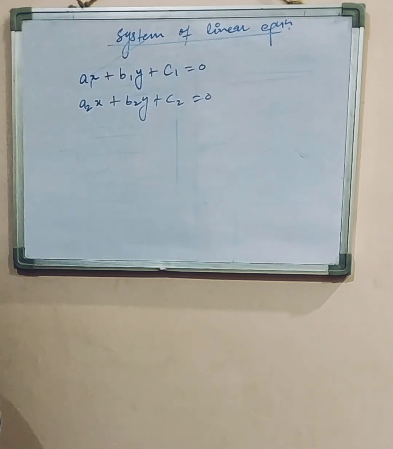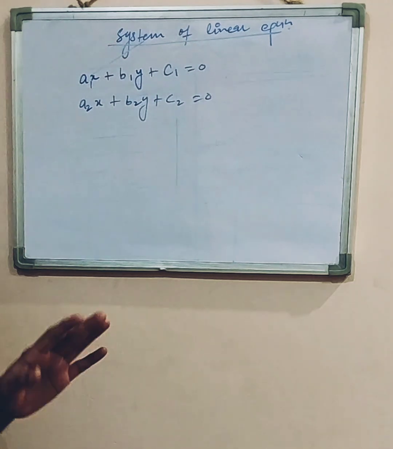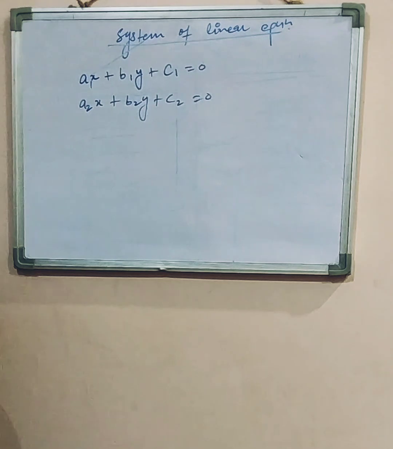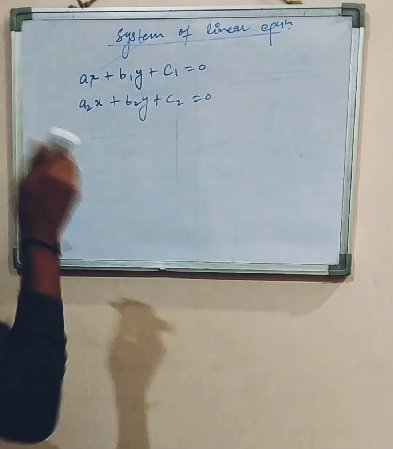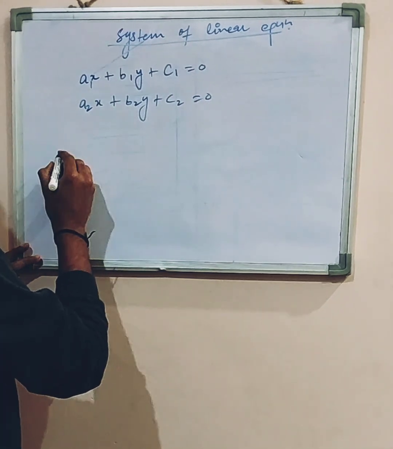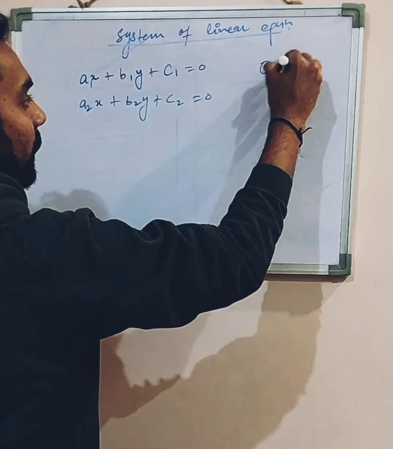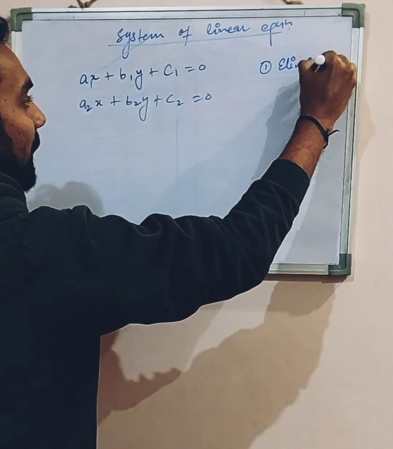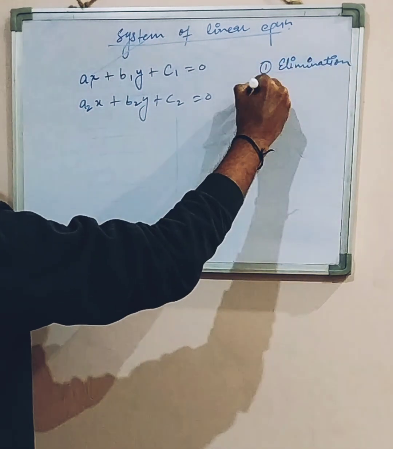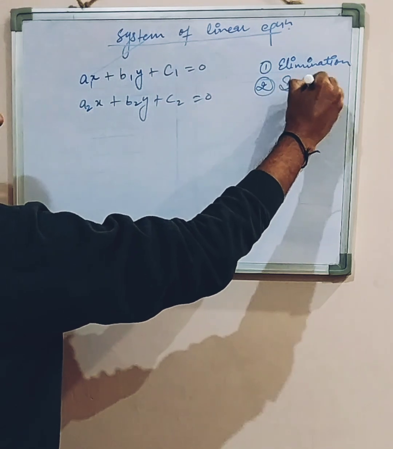So you don't need to worry about the graphical method and the cross multiplication method. You should just be aware of the elimination method or the substitution method. So the methods to solve these equations are elimination, which you should know, and the second one is substitution. Okay,